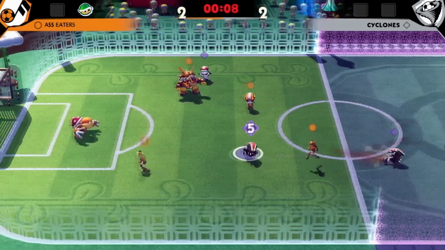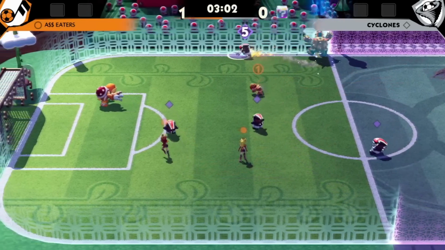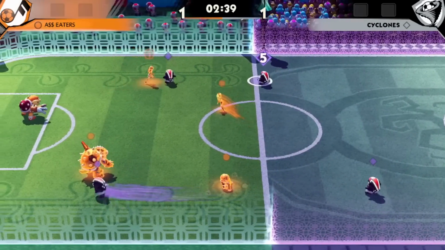Before, you only had 2 options when it came to power forwards. You had Bowser or Wario, and now you can definitely run Shy Guy. He may be a little bit weaker, but he works. Adding one of these types of characters to your team is kind of important right now, because you